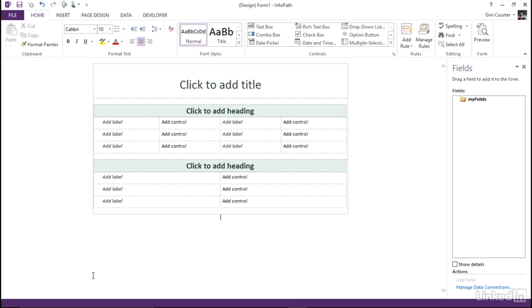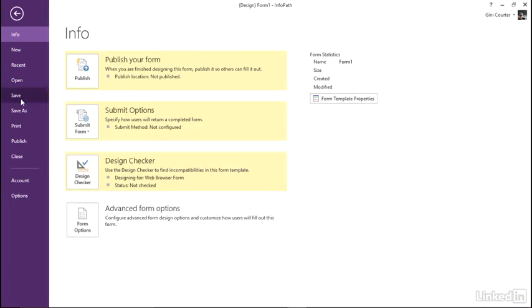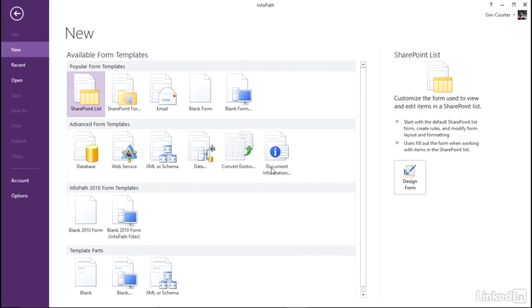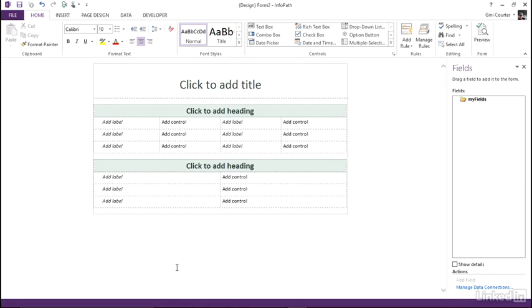This is the part of InfoPath called InfoPath Designer, and when you start it, you have choices of form templates. SharePoint List, SharePoint Form, those are the two that we'll focus on, even though there are many other choices here. And if I choose SharePoint Form, you'll see the form that you just saw. I have a basic layout table, and into that table I drop controls, text boxes, for example, rich text boxes,